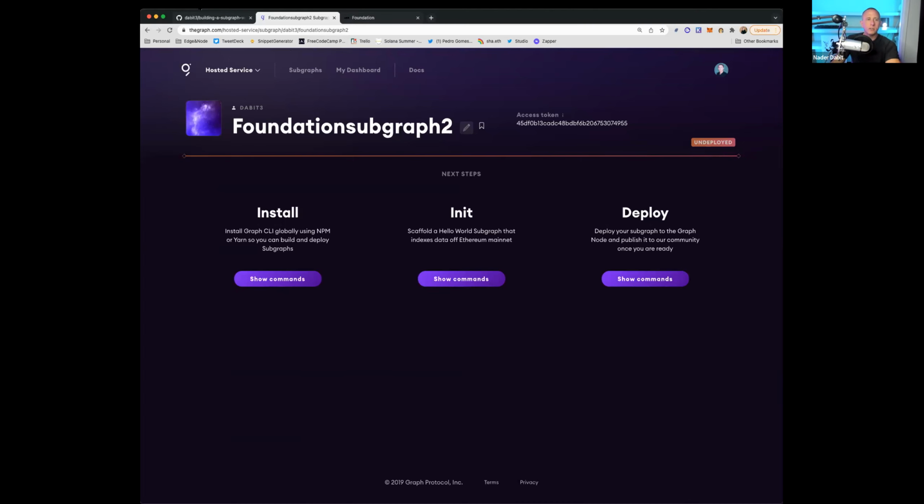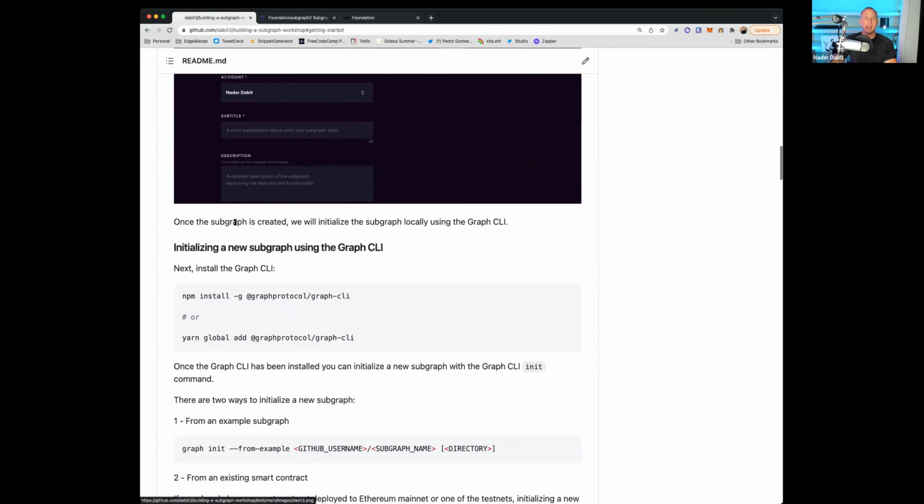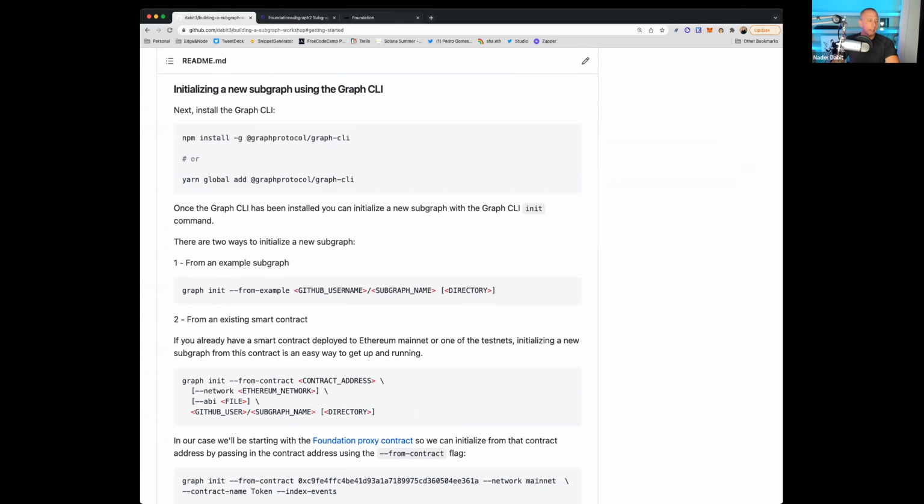All right, so once we've done that, we now have our boilerplate UI that we can now push to, essentially. So we can now go down to our CLI and start building out the subgraph locally.